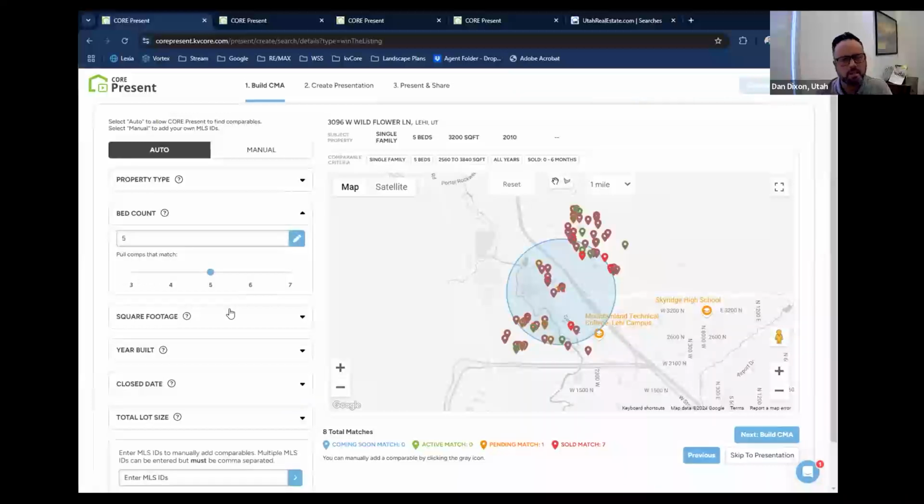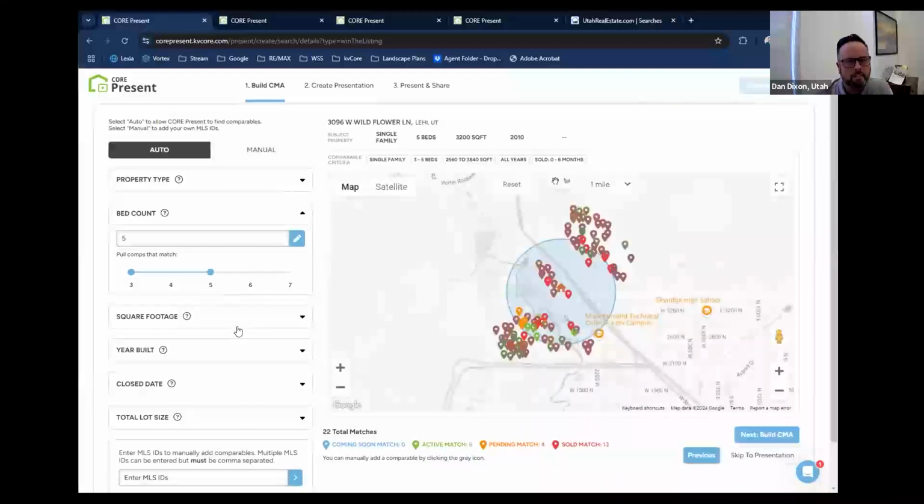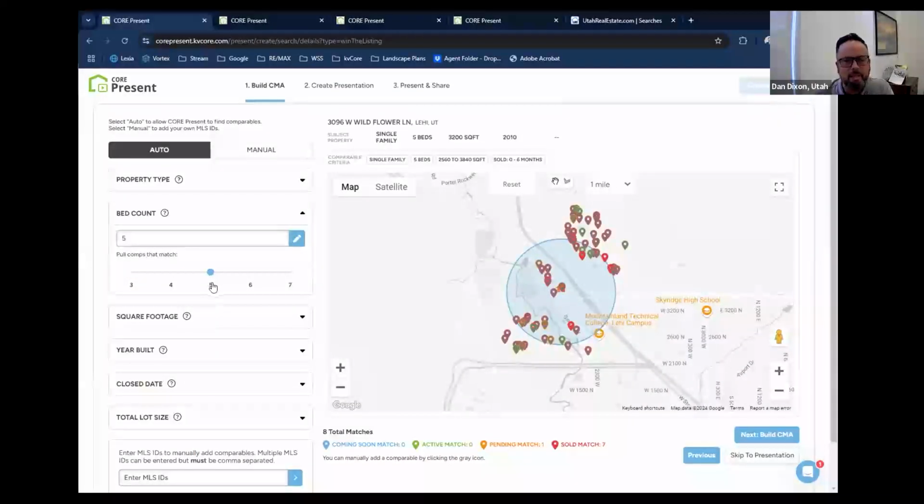Bedroom count. Here's an interesting thing: it only looks at five bedroom homes. Mine is a finished rambler, so it had 2 bedrooms in the basement. But I might also want to see unfinished ramblers and see how I compare. If I leave it here, I'm only looking at homes with exactly 5 bedrooms, and that kind of doesn't make sense. There may be a finished basement with 1 bedroom, and that may be a relevant comp, but I wouldn't see it unless I move this right here.